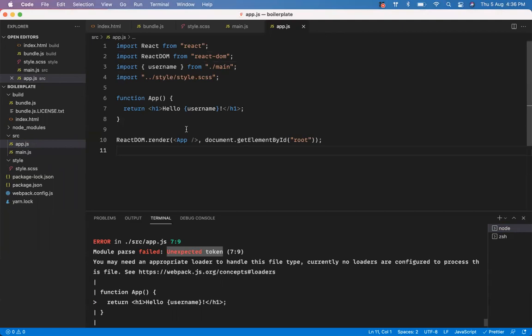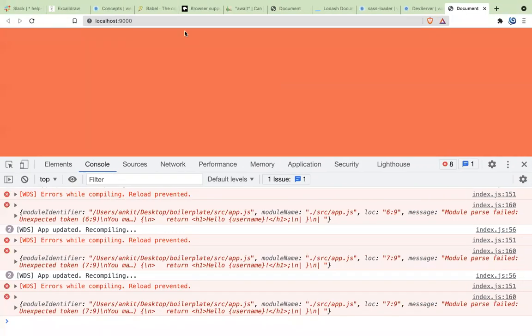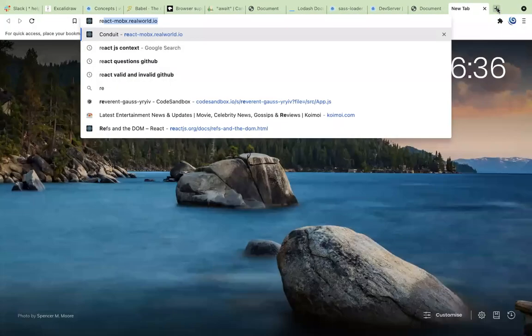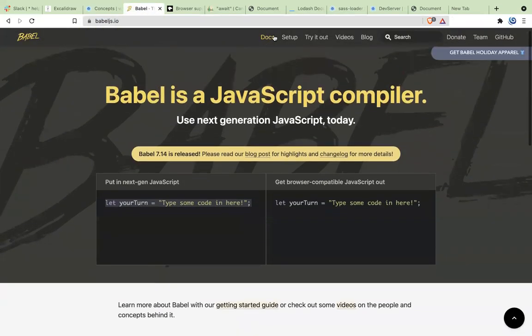What is the problem it is having? Is it not JavaScript, or what is the problem here? This is JSX. That's all. This is JSX, and which tool helps you convert this JSX into JavaScript? Babel. It's Babel. Babel is going to convert that for us, and that is what we need.